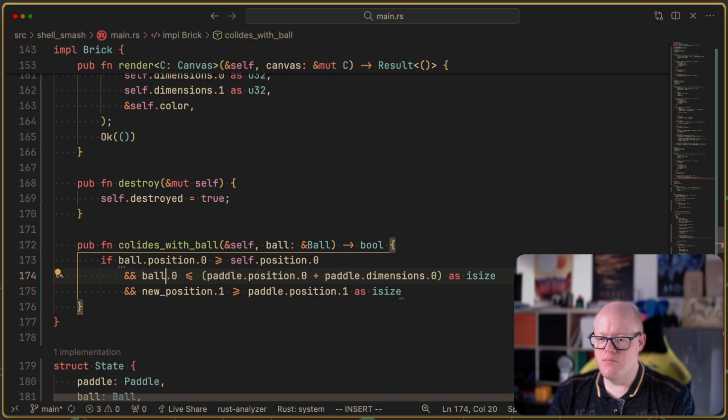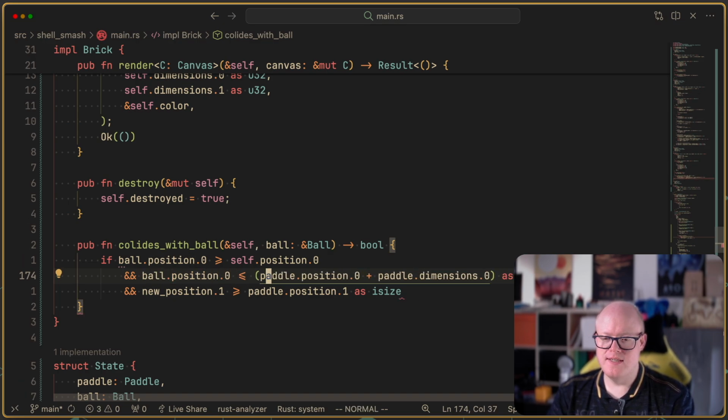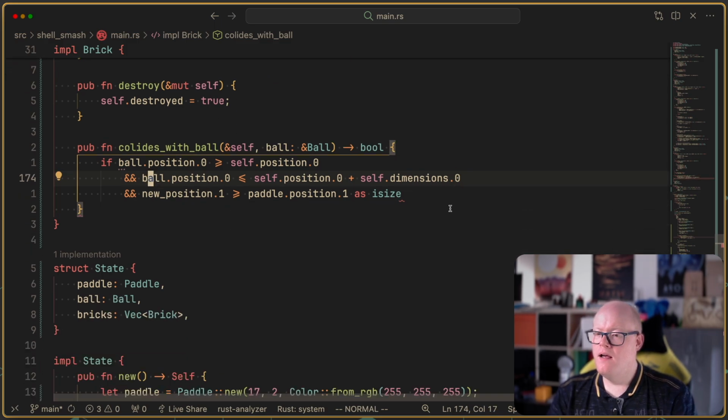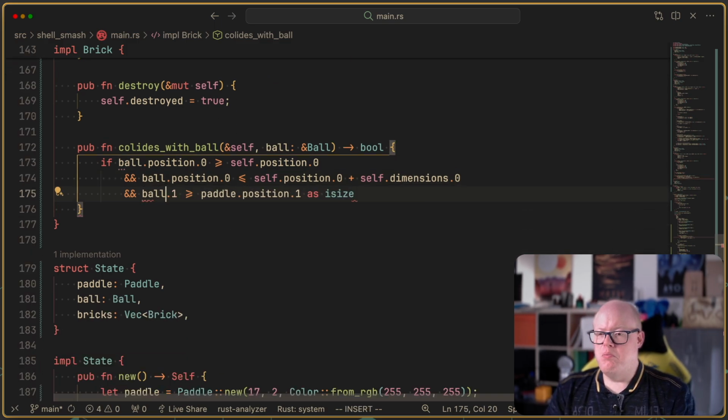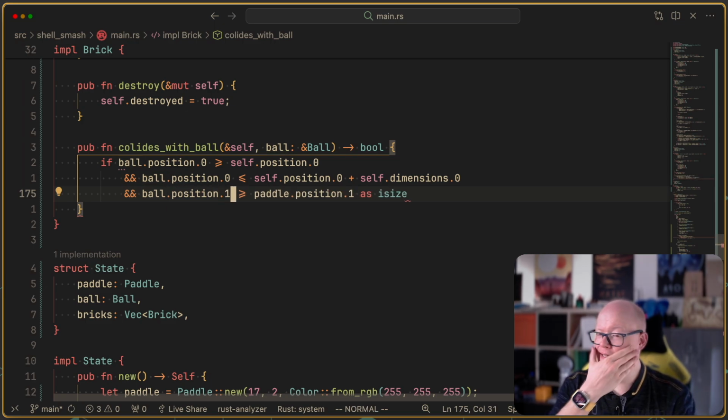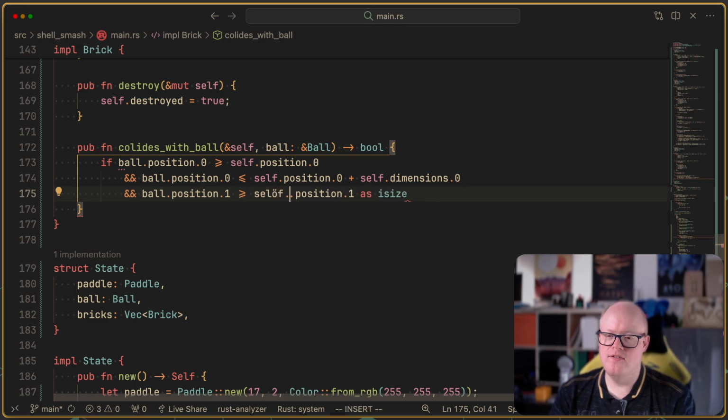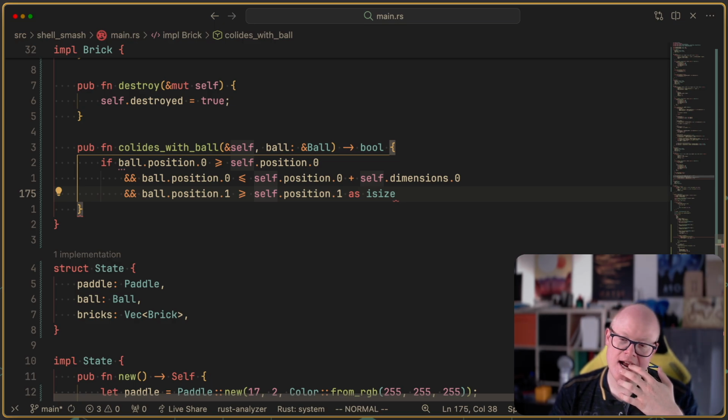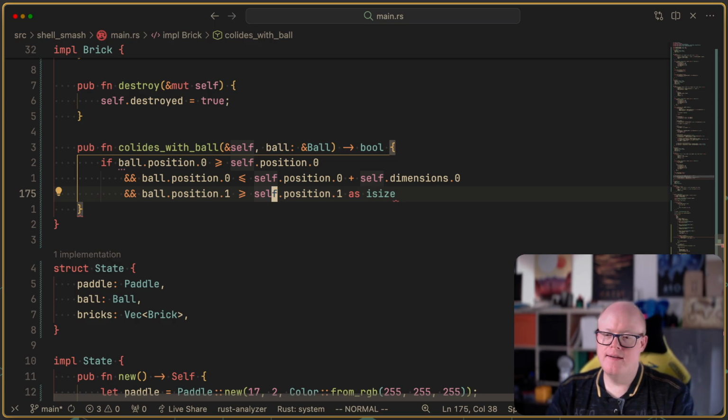And the ball position 0 is less than our own position plus our own dimensions. Then we don't need those braces there as well. And if our ball position 1 is bigger than the self position 1,